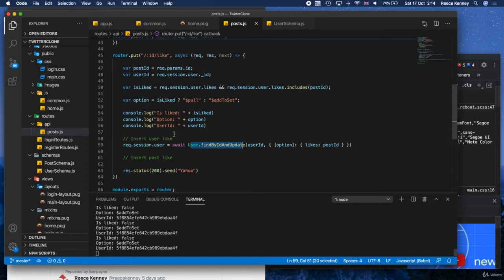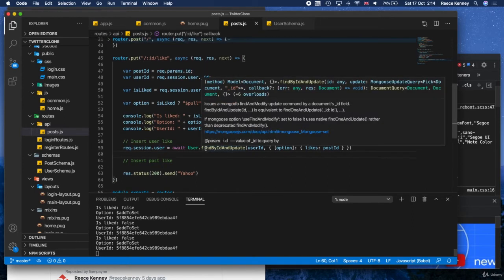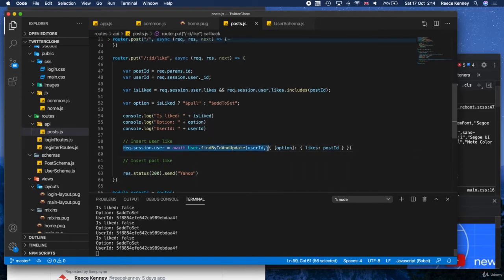So one thing to mention though, findByIdAndUpdate does return the document, but it doesn't return the newly updated document. By default, this will return the user before we did the update. So even right now, this would still not work because it would give us back the user from before we updated it, okay?